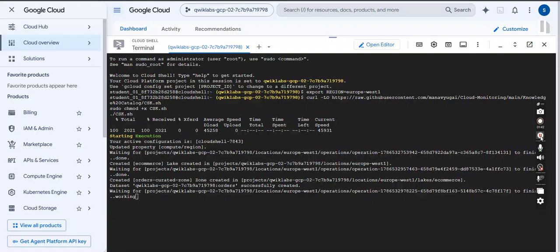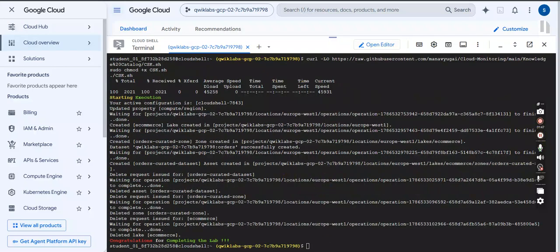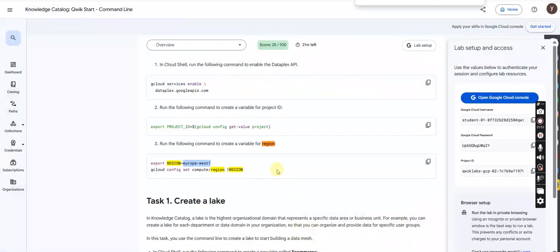We need to wait for some more time to execute. We need to wait at least 4 minutes, 4 to 5 minutes. We need to wait. Now the lab got executed here. Lab was completed. Now go